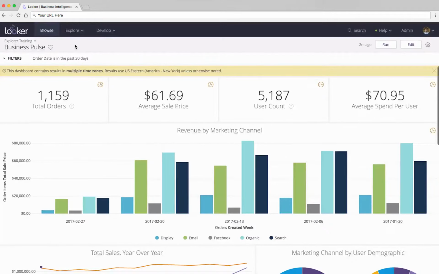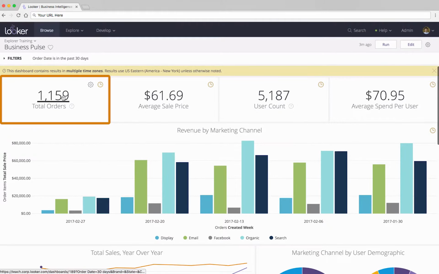Many of the same options are also used to schedule looks. So right now we're starting on a dashboard. This is the business pulse for an e-commerce store. We have some high-level metrics like total orders, average sale price, user count, and then some other analyses like revenue by marketing channel. So let's say I wanted to get this entire dashboard out to my team a couple times